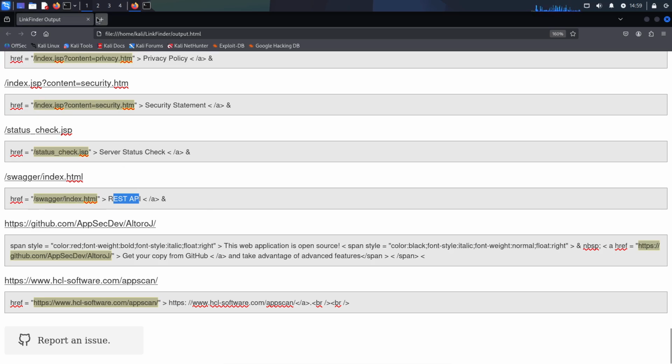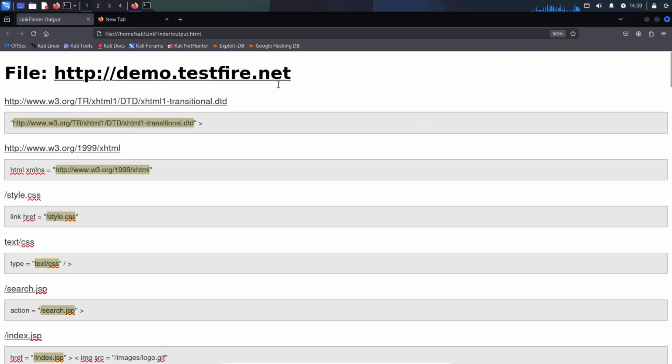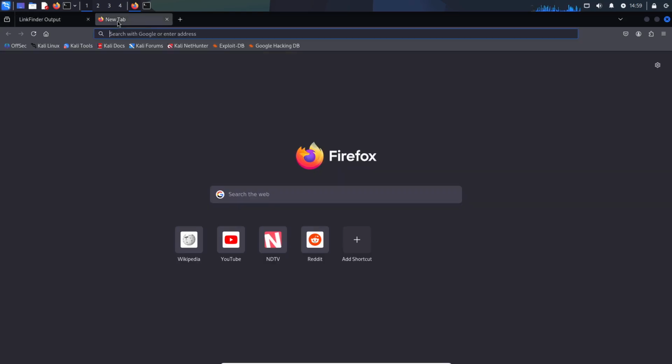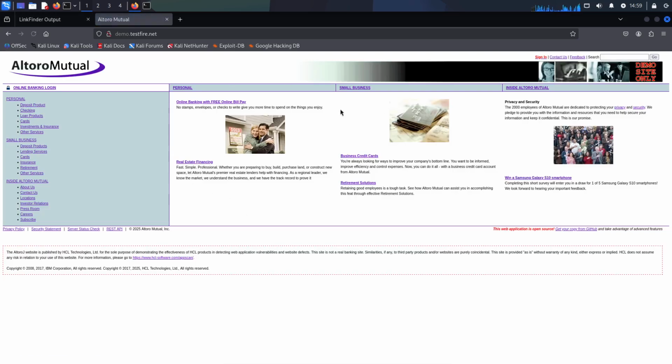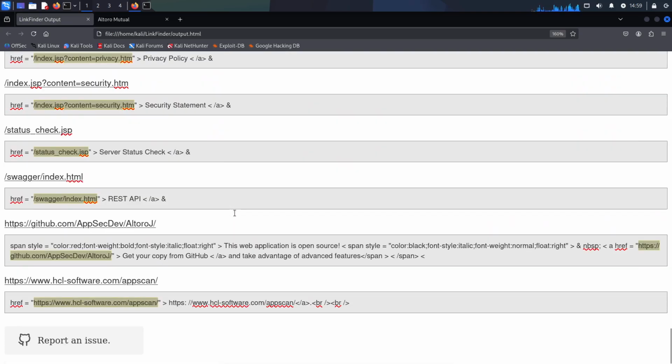Okay, so if I go to this particular website, right? So let's copy this and let's see if we found any interesting endpoint. So you can see, okay, so this is an intentionally vulnerable application, but for our scenario to see what specific endpoints we can get, let me copy this particular endpoint